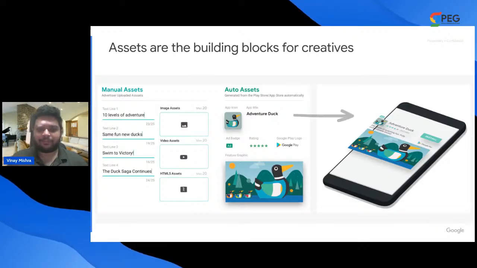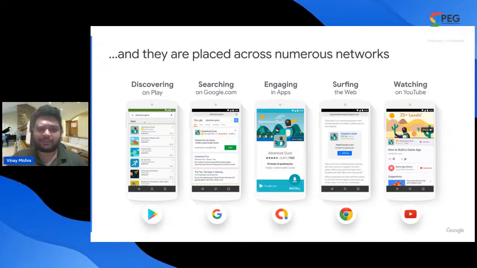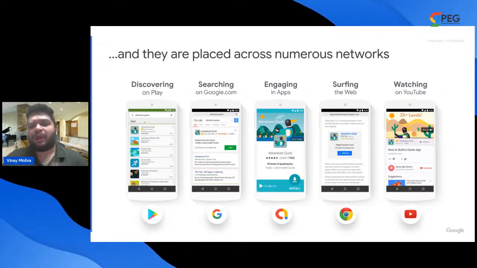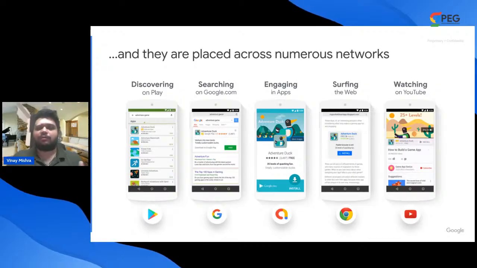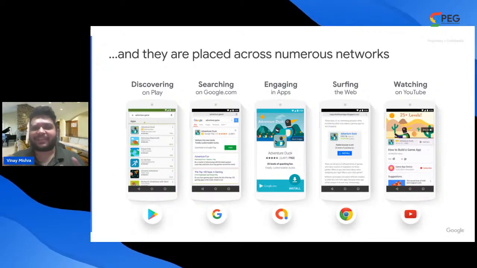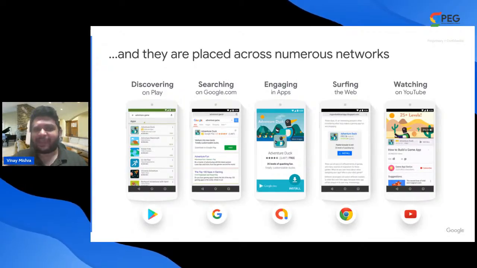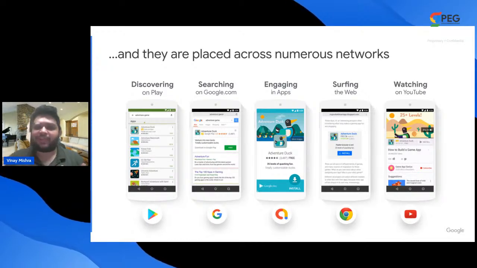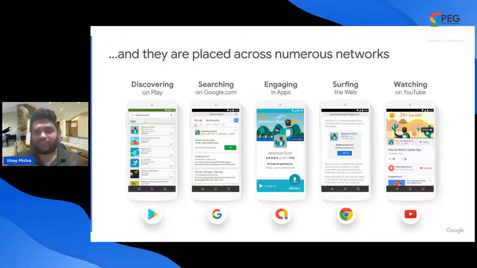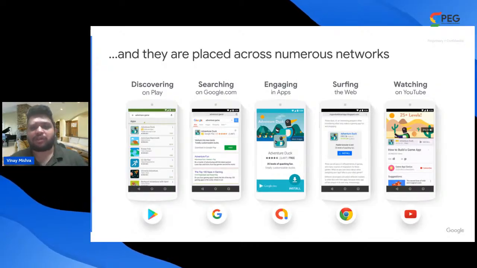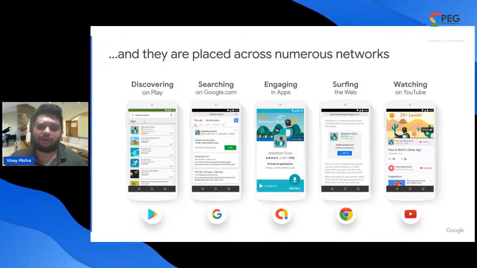Great. Let me quickly go to the second slide, and this will help you. As you know, the apps have been placed across different networking tracks. If you are placing your ads on multiple different inventories, such as Google Play and Google Search while users are searching for something, then you have platforms like your Display Network and Gmail, while users are surfing through the web, and at the same time while users are watching content on YouTube, you can